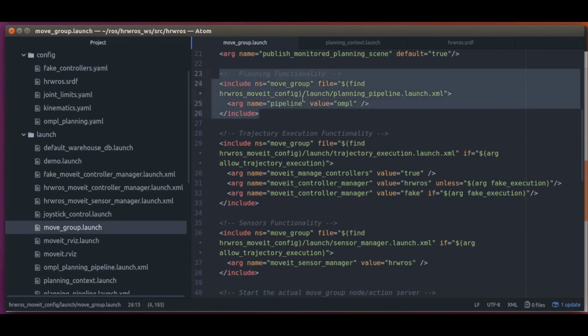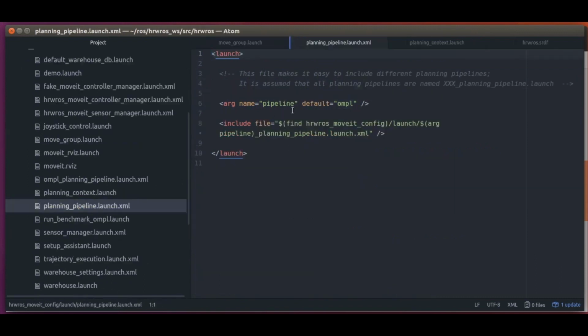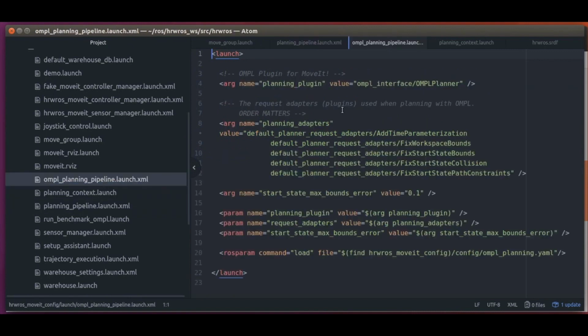Okay, let's now move on to the next config file, planning_pipeline.launch.xml. Here, we see that the OMPL planning pipeline is used, and so let's then go to the OMPL_planning_pipeline.launch.xml file.